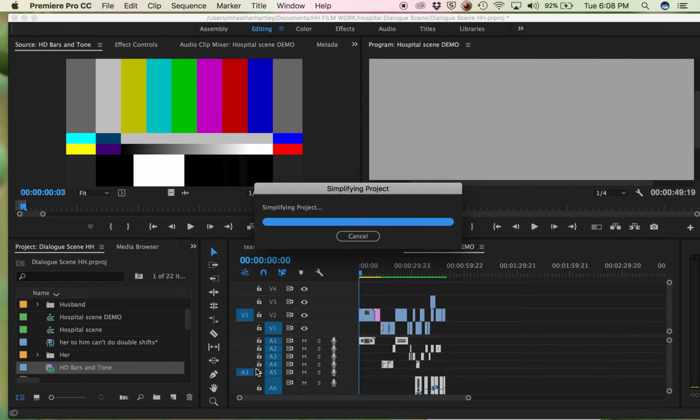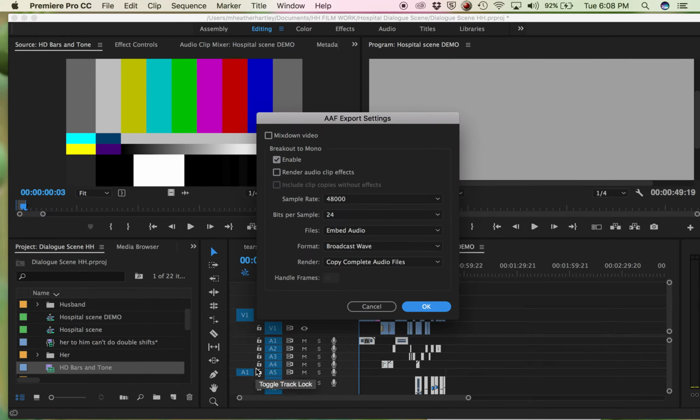AAF, and this dialog box comes up. What you want to do is make sure that Enable is checked. Most film and video, you're working in 48 kilohertz, so that's 48,000, and you don't need to change that. If you're going to go to a CD at some point with your audio, you need to make this 16. But if you leave it at 24, that gives you a little bit more dynamic range when you go into